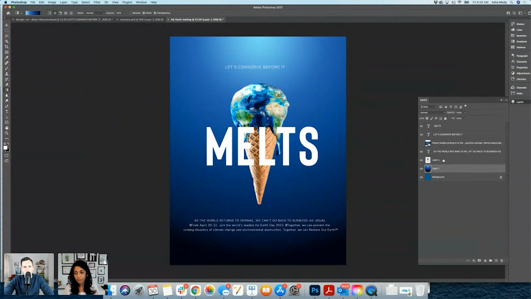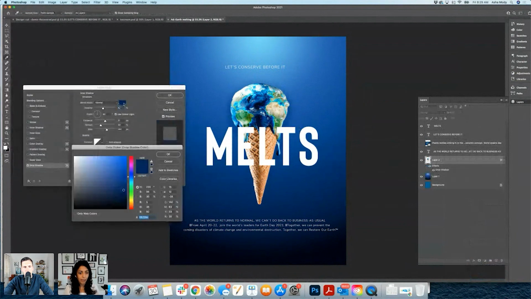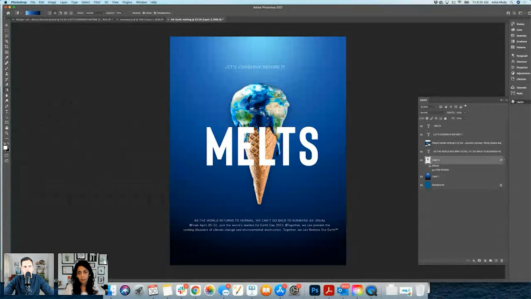And then I'm thinking here that the ice cream is looking a little flat. Let's give it some love with the drop shadow. And I always try to pick not the black color, but to take the color from the image, like a darker tone of the same image, like a navy blue. So it relates with the object. It doesn't look very contrasting, and I'm adjusting it a little with the type and spreading it out. So I'm going to reduce it a little. And I can adjust the drop shadow more later. But yeah, this is how it's looking.